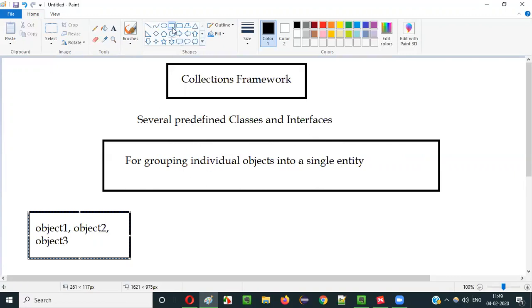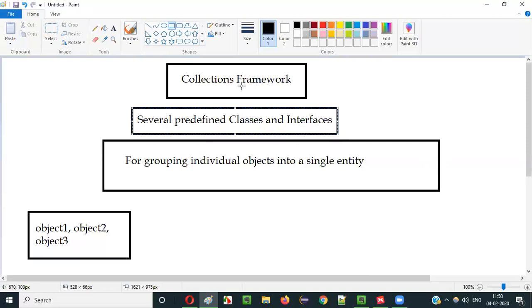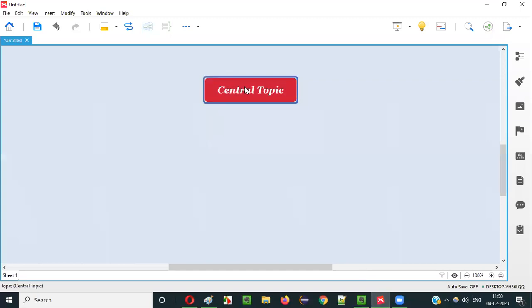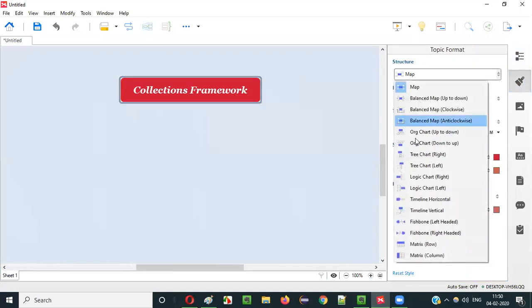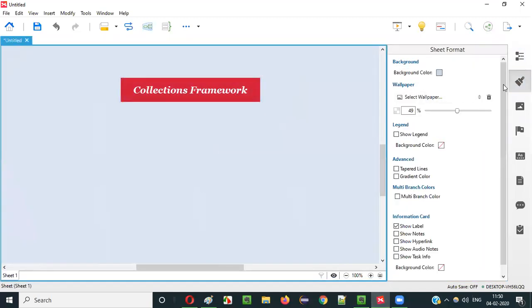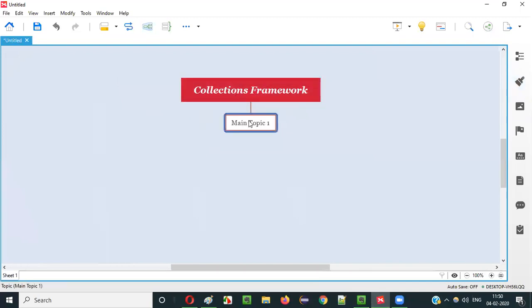Now, guys, as you understood the purpose of the collections framework, that is to group individual objects into a single entity, let me list down all the predefined classes and interfaces which together form it. For that, let me go here and name this as collections framework. Let me take this model for explanation. Under collections framework, we have